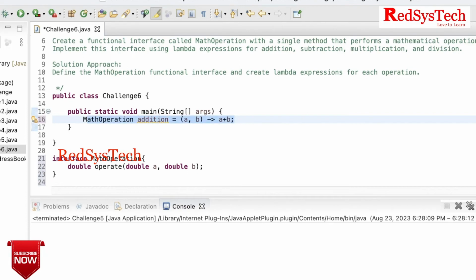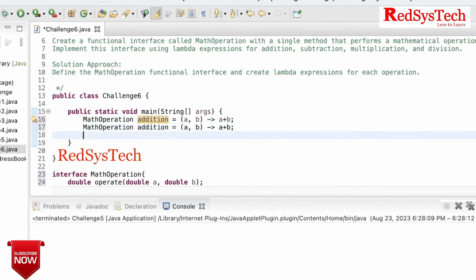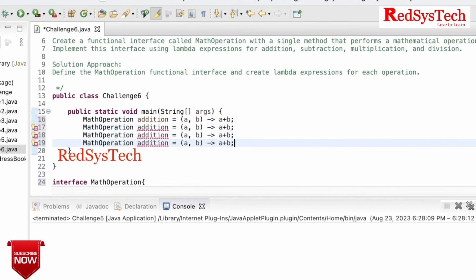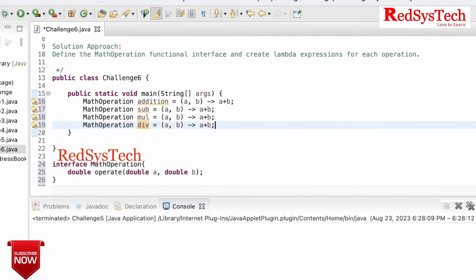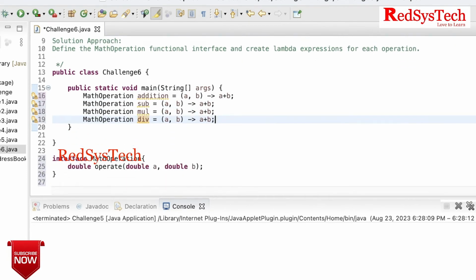Similarly, I want to do 3 more operations. One is for addition, this is for subtraction, this is for multiplication, this is for, let's say, division. Okay. Now, as we know, we just simply represented the implementation of this method with the help of lambda,